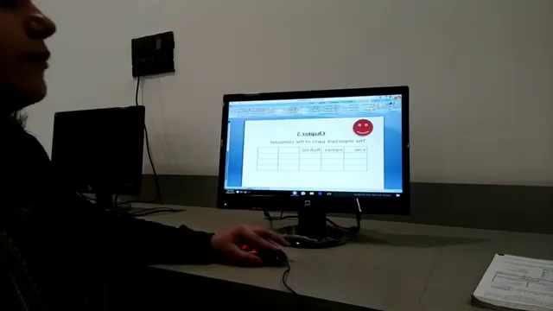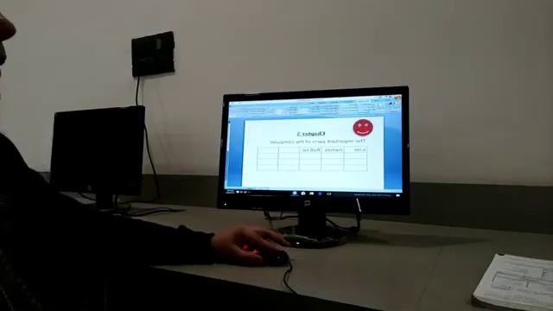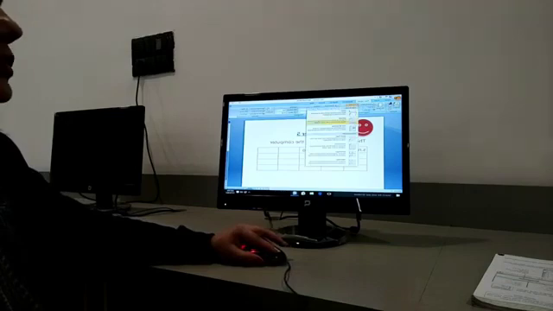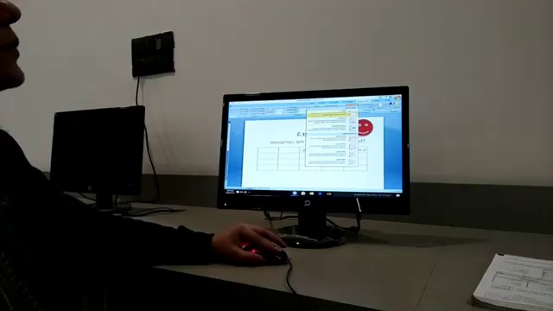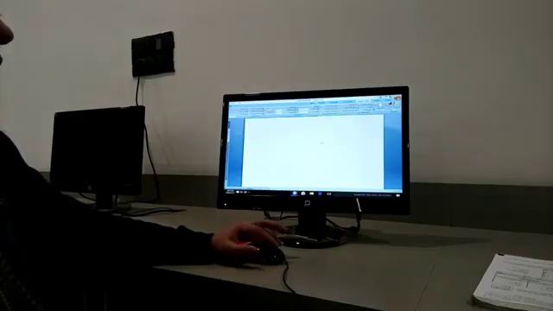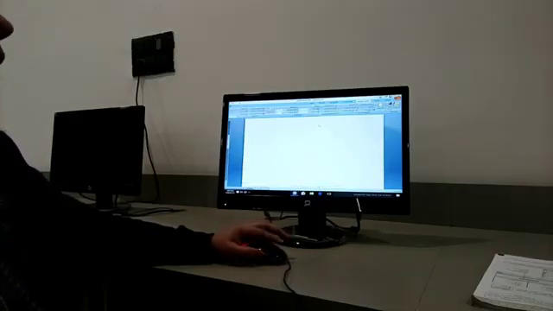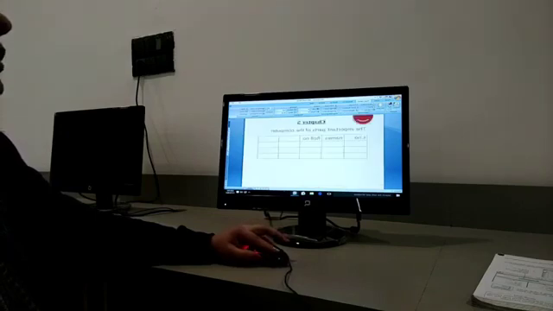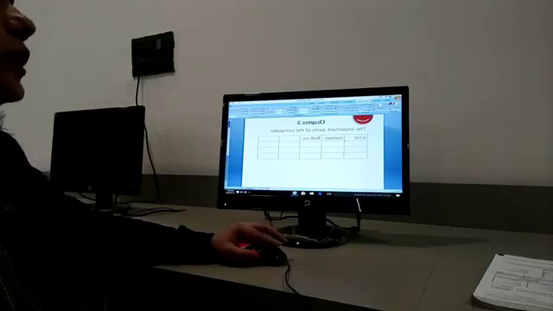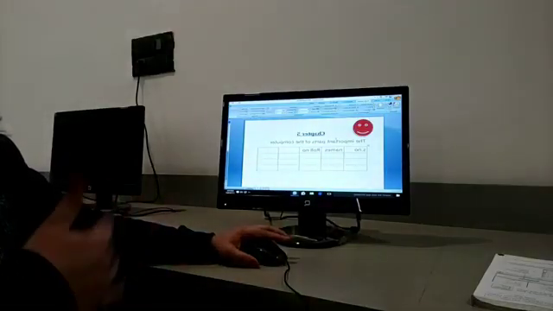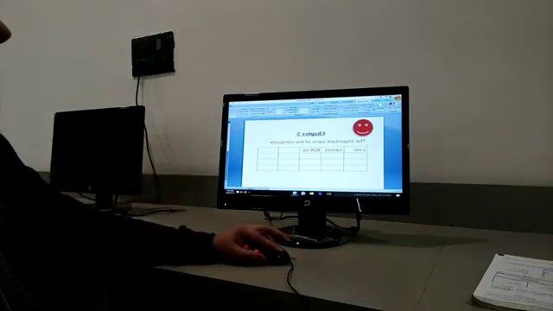Now next, page layout. What is page layout? If we want to break our page, I am choosing this and any other page like this. See, I used page break. The new page is here. So I can work here now, but I don't want this page, so I can do undo. You all know what is the shortcut key of undo? Control plus Z. By using Control plus Z, you can come back to your previous page. So I am back here. Now if I want to do any other thing, I can do it from here.